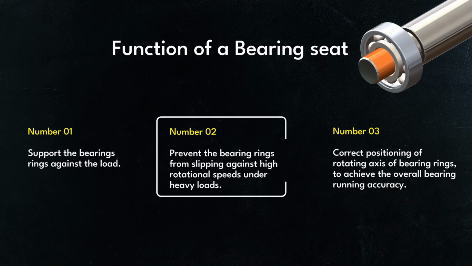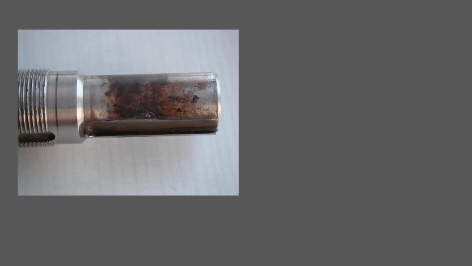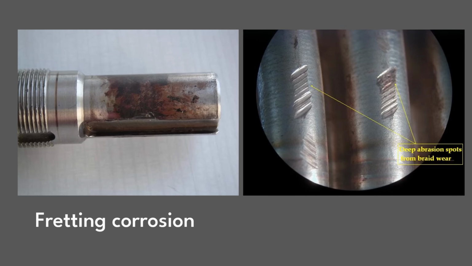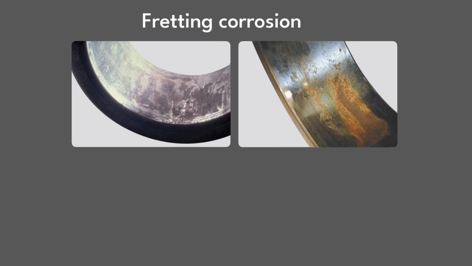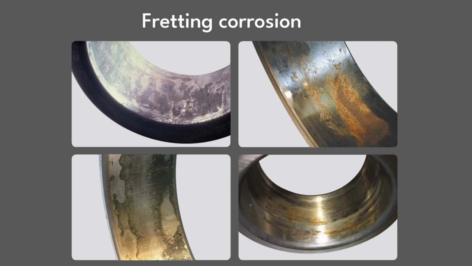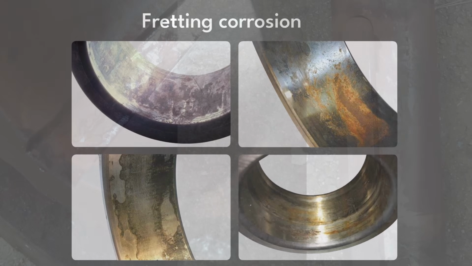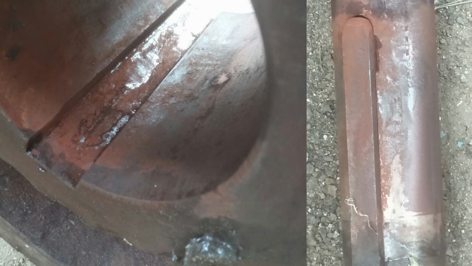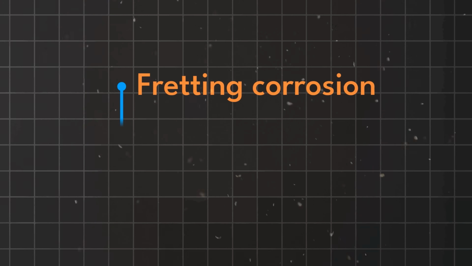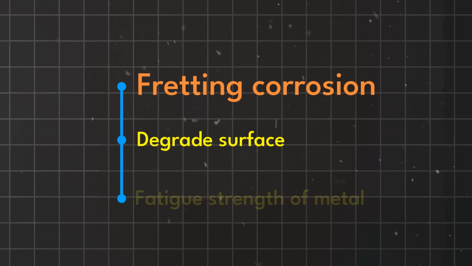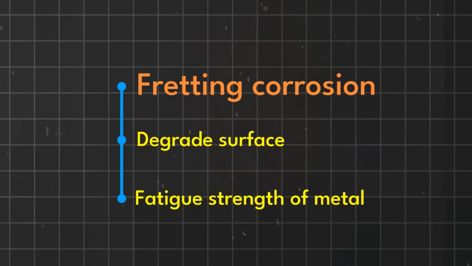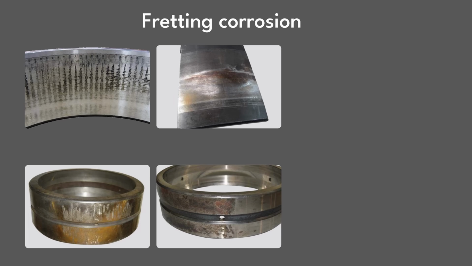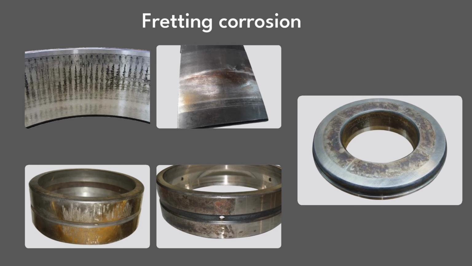Now, the second main function of a bearing seat is to prevent the bearing rings from slipping. If the bearing rings slip over the seat, it can lead to fretting corrosion and eventually wear. Fretting corrosion looks like this. I don't know how to define this, but you must have seen it somewhere, maybe in the bearing seats of old machinery. Fretting degrades the surface and reduces the fatigue strength of the steel. And sometimes slipping of the ring can result in permanent wear of the bearing seat and the bearing ring itself,